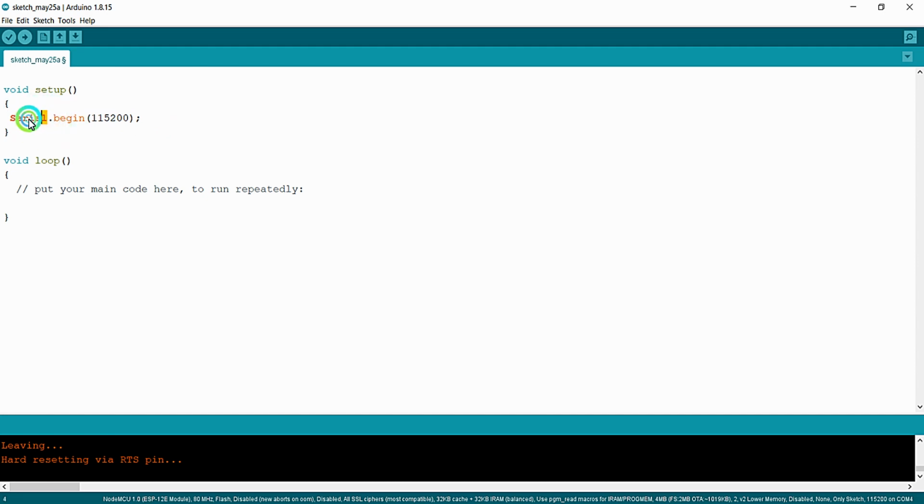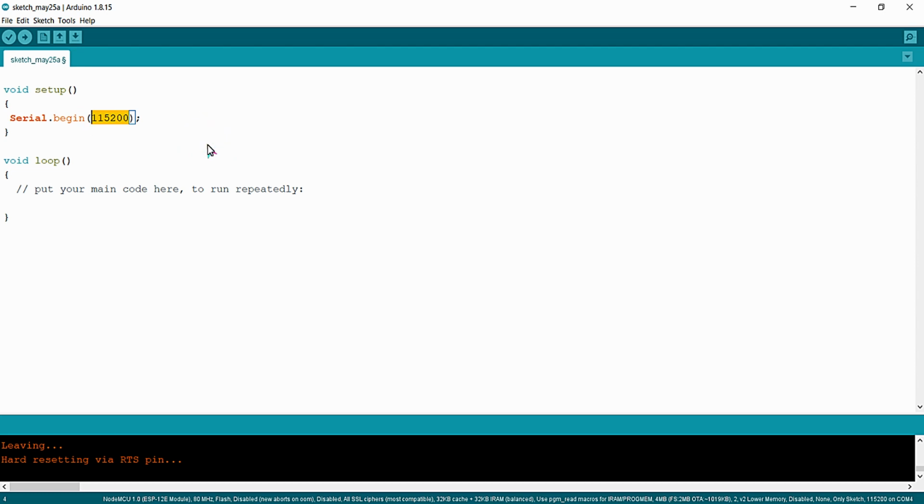Serial is an object of the serial communication class, and begin is a method which is useful for starting the serial communication in our NodeMCU. I am starting the serial communication with a baud rate of 115200.